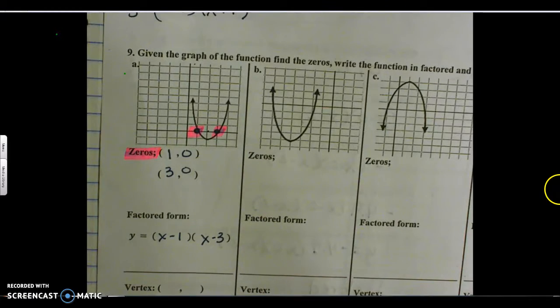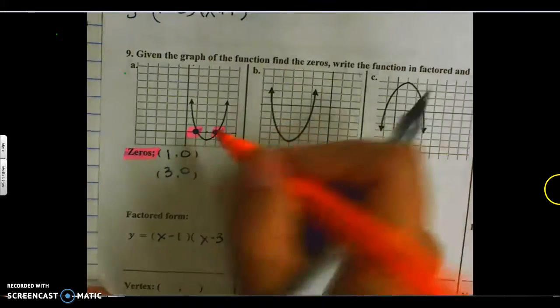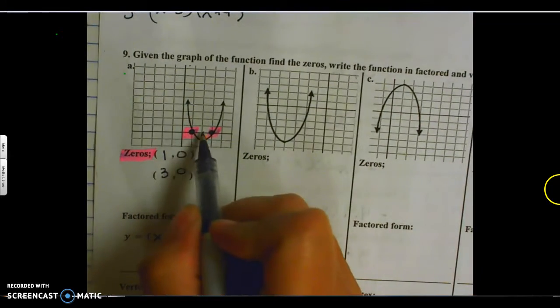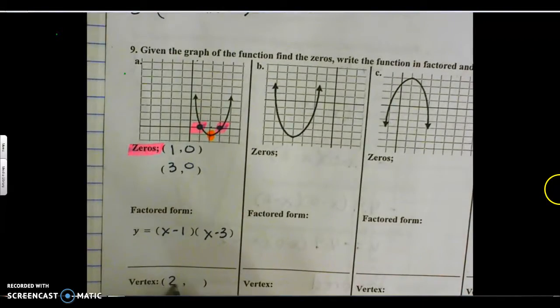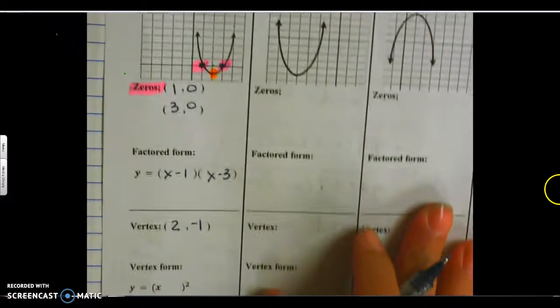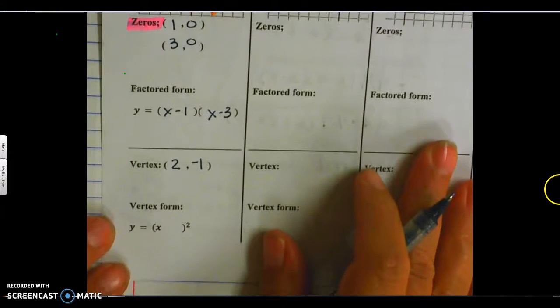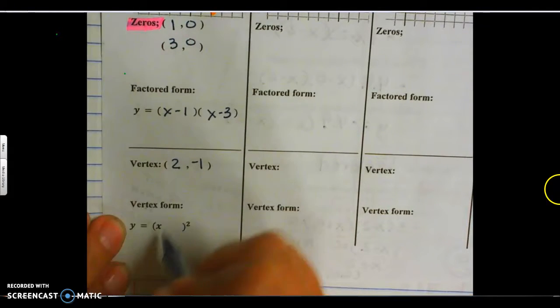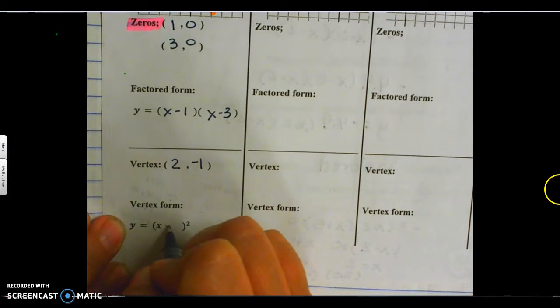Then it wants to know, well, what is the vertex? I have another color highlighter here. My vertex is right here. So it's 1, 2 for the x, and down 1, so it's negative 1 for the y. Now it wants the vertex form. So remember, it's going in, so there's a sign change, so it's minus